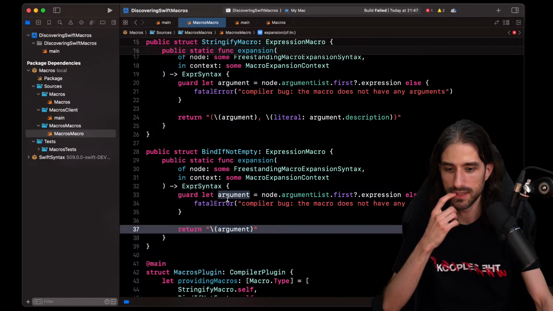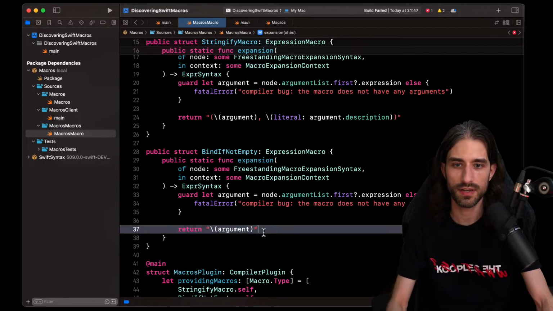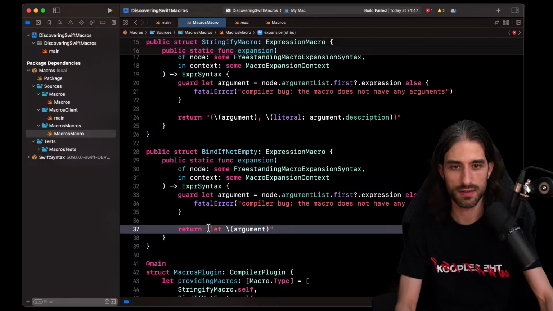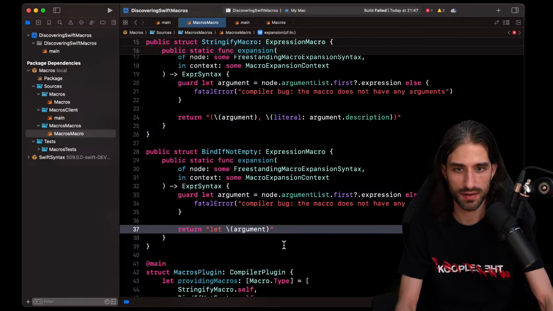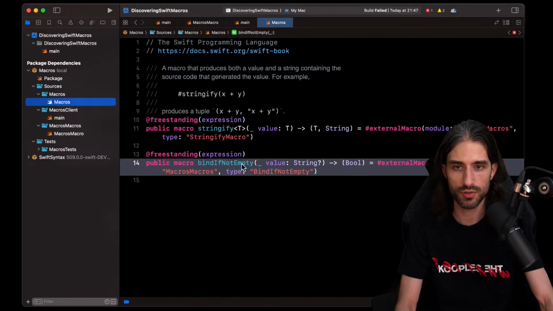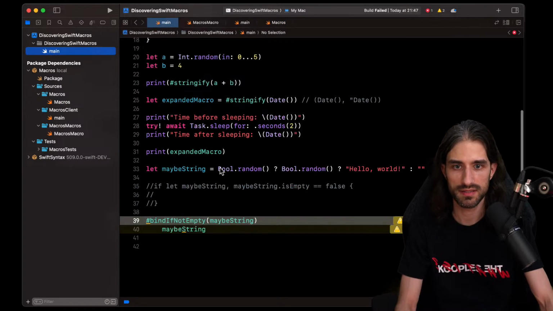What cannot be done? So you're saying if I return here something like this, so let, and then with the rest of the code, you know what? Let's try it. Let's see what it's gonna do.